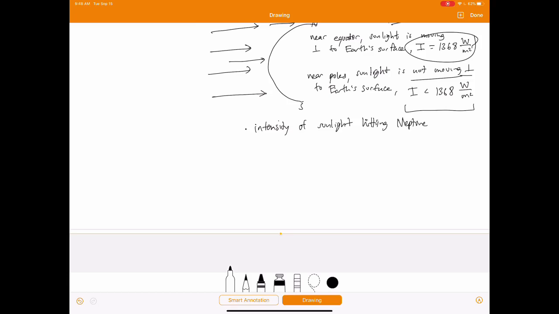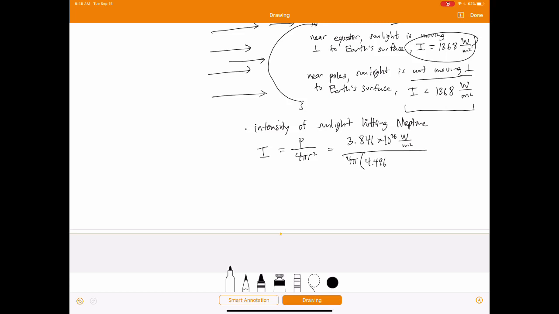Okay, so same formula as before. Intensity is P divided by 4 pi r squared. The power is the same. We're still talking about the sun, of course. 3.846 times 10 to the 26 watts, and then we'll divide that by 4 pi, and then the distance, which is